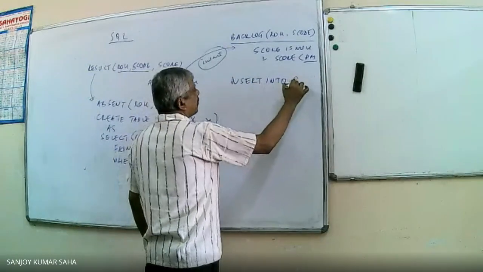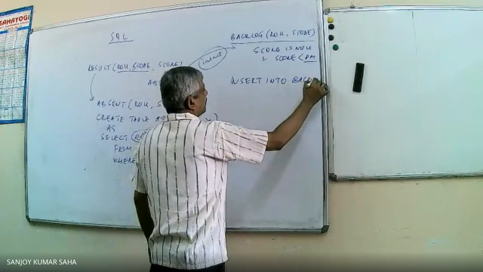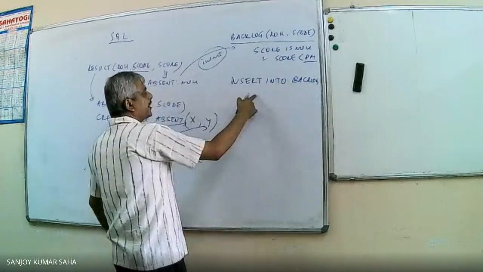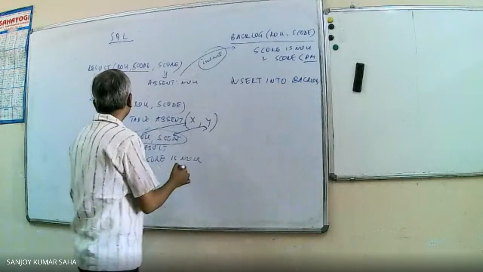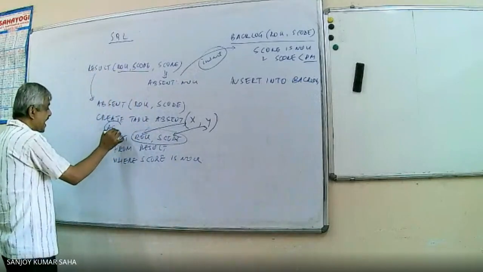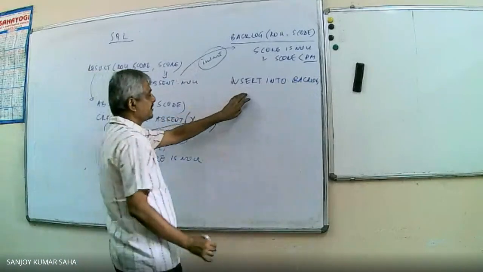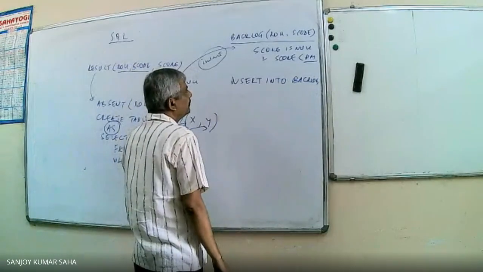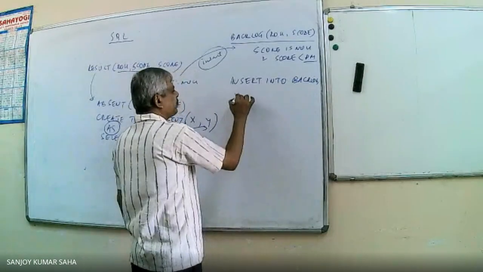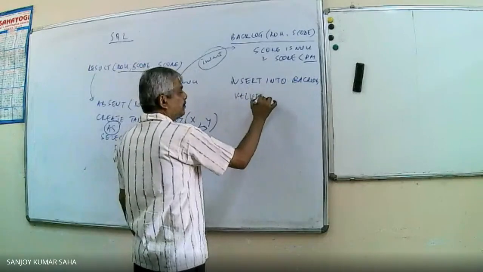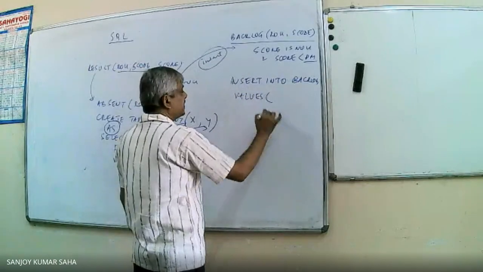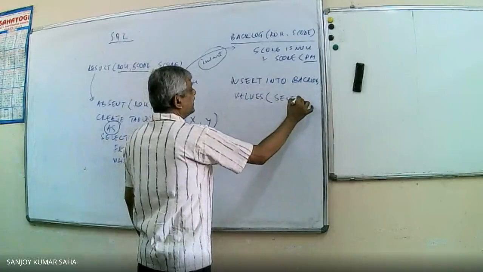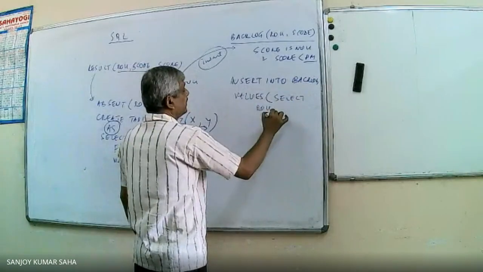Insert into backlog. And we can put the query. Find it. Earlier there was "as". Now there is no "as". You just check. Possibly there may be a values clause. Maybe. Just check the syntax. So we can say select roll, score